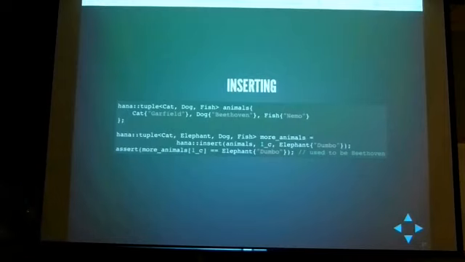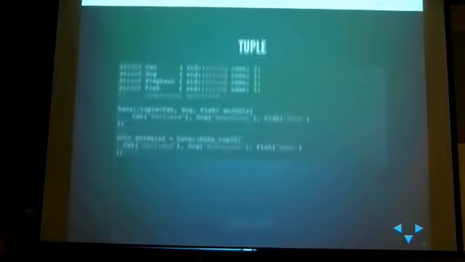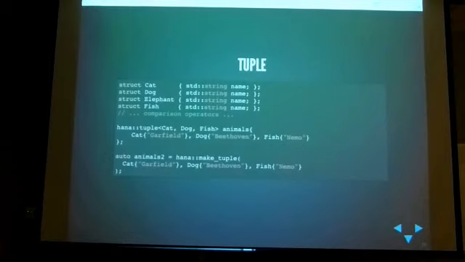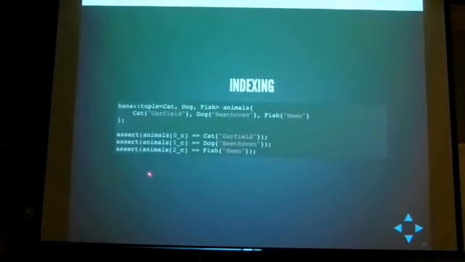Would auto more_animals work? Yes, absolutely. The reason why I wrote the type out was to make it really clear that this is exactly what you get back. But yeah, auto would work. And then you can check indeed that the new thing that you just added is right. And by the way, regarding the question I just had before, the question was like, can you use